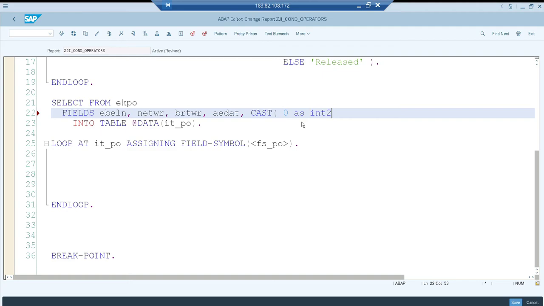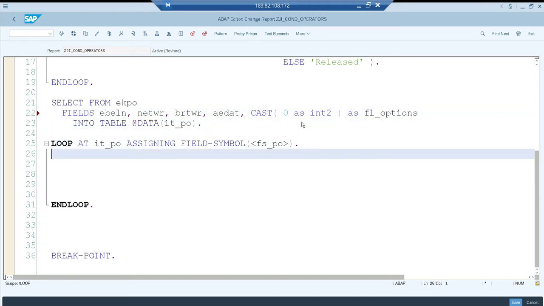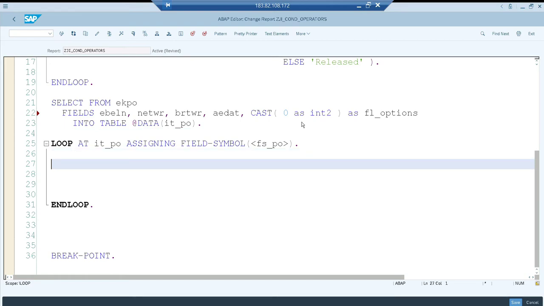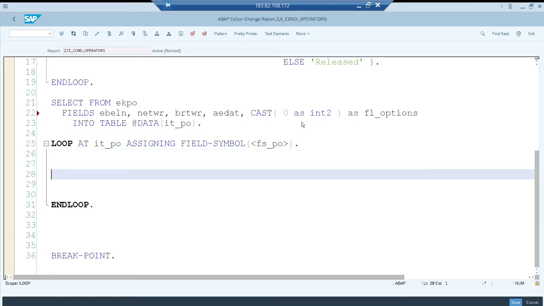And it needs an alias name, and here I can say flag for options. Okay. So now I'm going to receive only integer values, like maybe we can keep it as a boolean. So here I'm going to use fs po is equal to condition operator and go with integer